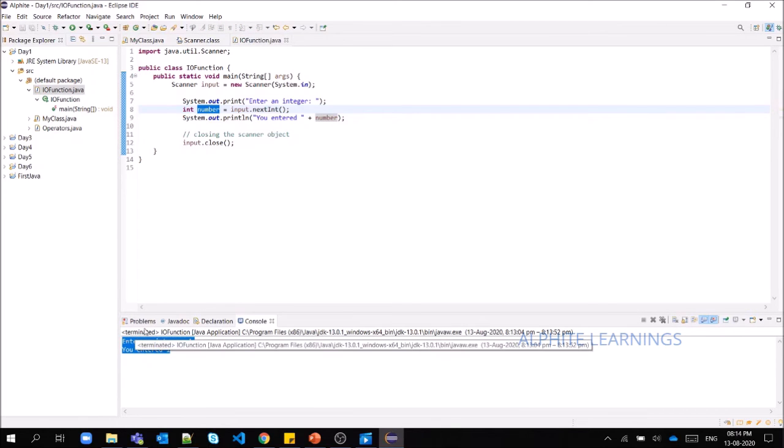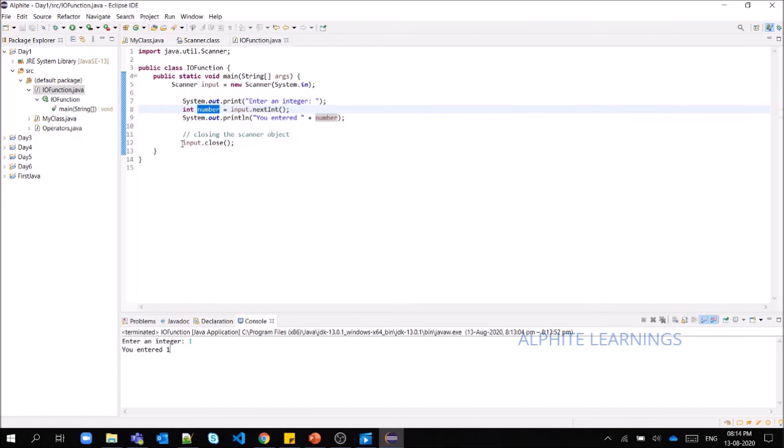It may look difficult for you now. By the end of the class, after we learn what is class, what is object, what is method, if you come back again and see this Scanner, it will be easy for you. If you don't understand now, please don't worry. I'm just showing you that it is not always necessary to assign all values inside your program. You can also get it from the user at runtime. So I'm just showing you a difference.